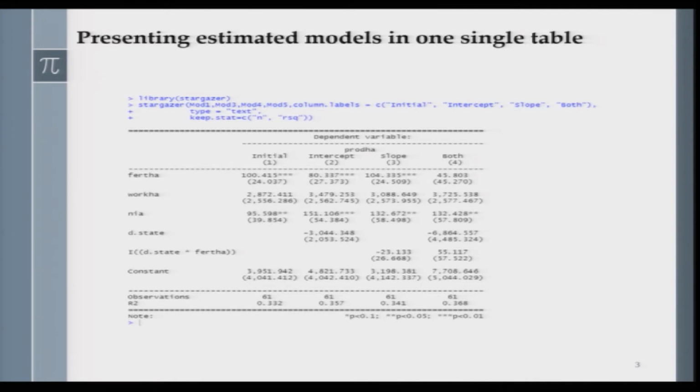So, we throw in new variables, but they are not explaining the variation in y that much. R square is also not changing by that much. You see the difference between the R squares is pretty low from one model to the other. So, you can say here that the state factor, which is basically a fixed factor, is not affecting the average productivity of fertilizer use on agricultural production.